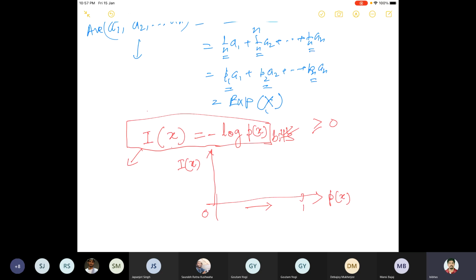So I(x), whenever we say that this is a self-information, I mean, how much information does it carry when you say a statement like X has occurred? Okay, so a particular outcome. This is connected with the probability, because probability gives also an idea about randomness. What is the probability that this will occur? That means how much uncertainty. So that has to be connected with the information. How much information does it contain whenever I say X has occurred, and this is a value which measures that.